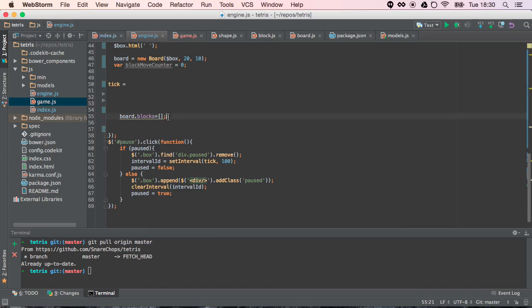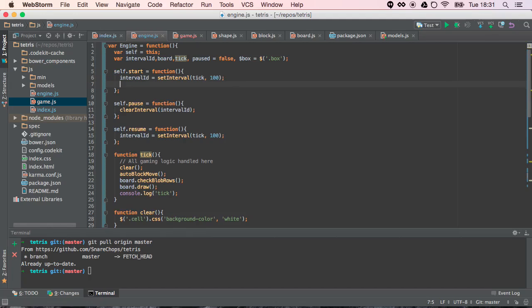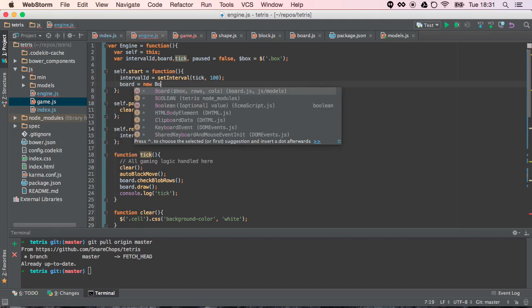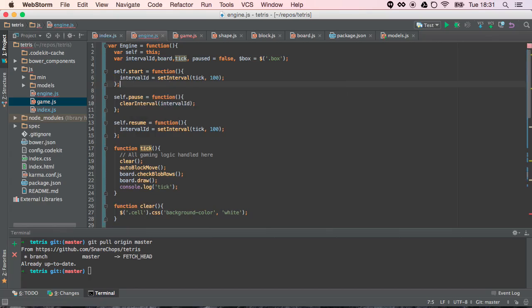And now board.blocks, well, really we're just going to create a new board. So if they start a new game, then we're going to create a new board. Well, I could say board equals new board, and then I need to pass in the box and the rows and the columns, or I could leave that to the other piece. And I think I'm going to, because I have some tricky ideas for this game. So I'm going to pass in the board. No, I'm going to pass in the board on start. Oh, but no, but I,